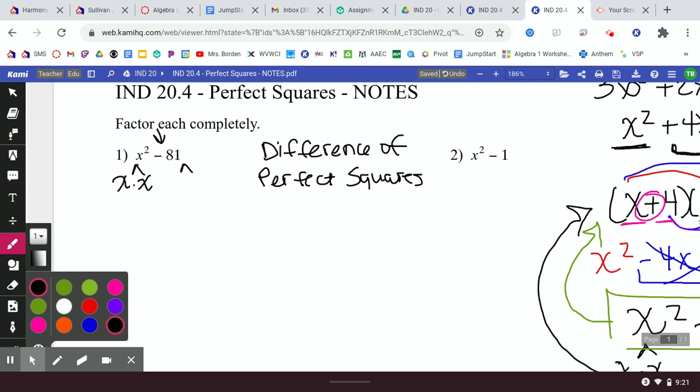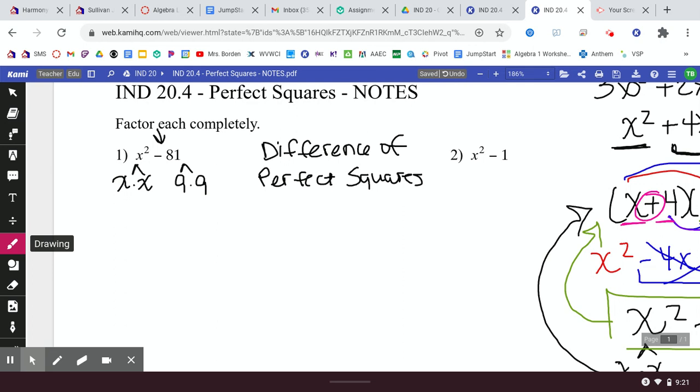And we know that 81 is a perfect square because it is 9 times 9. So that means this is a special case. You don't have to do a factor sum table, nothing. If you recognize that everything's a perfect square,